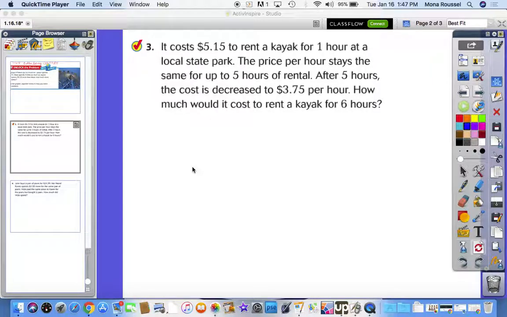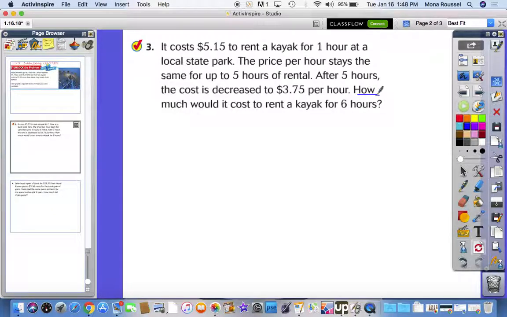Here is a strategy for problem solving that may be found helpful for some of our students. It's making a graphic organizer or some type of a visual aid. So in this problem, our question is asking us, how much would it cost to rent a kayak for 6 hours? And when we look back into the problem, we get information like it costs $5.15 to rent a kayak